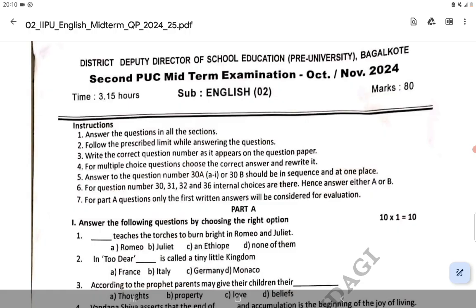Okay, and you have to rewrite that answer. Next, answers to the question number 30A, A to I, or 30B should be in sequence and at one